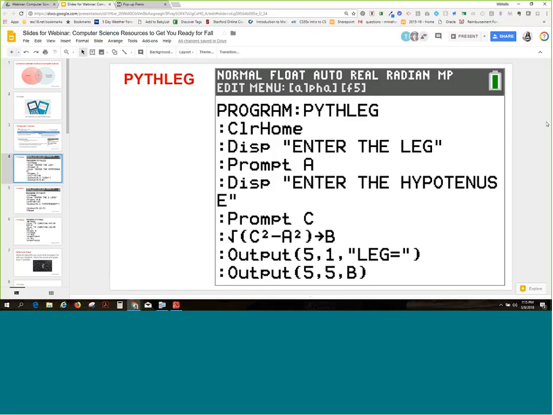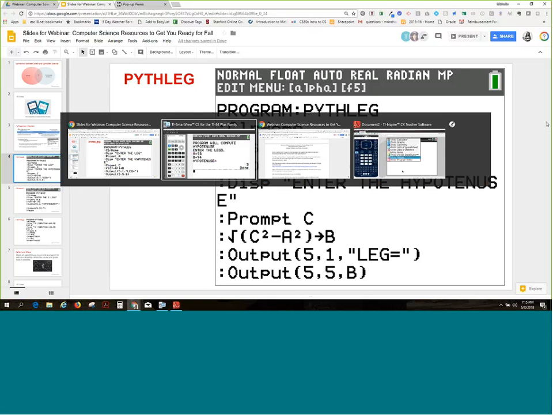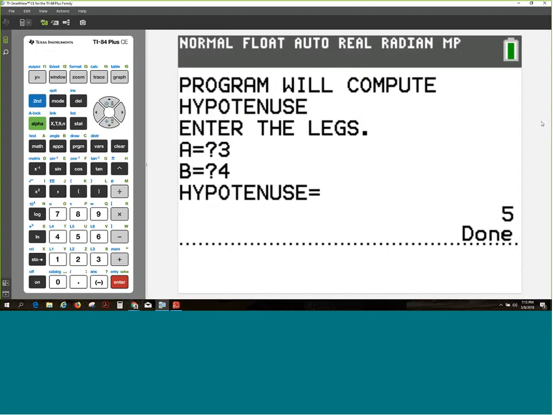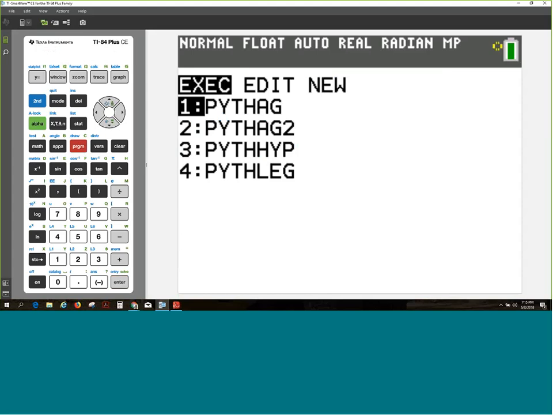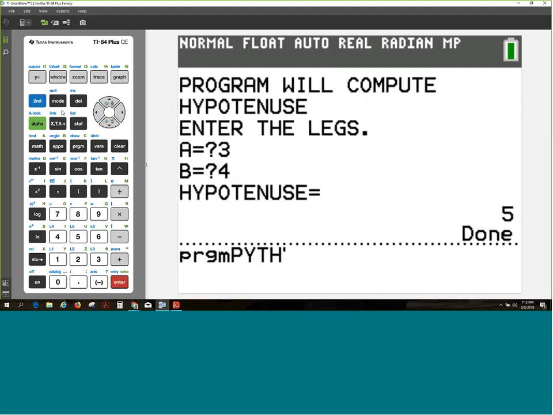Okay, and then you may have a mental picture of how this program is different from the one that we just coded. So we can go back to the Smart View, and we're going to go to the home screen. Another way to run the program, the standard way, is to press Program from the home screen. And Execute is the first menu item here. So we're going to run Pip's leg number 4. And if we do and press Enter,